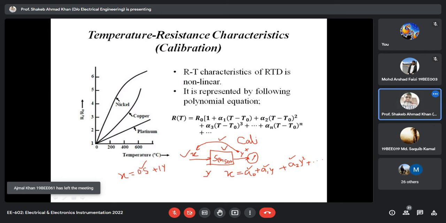सेंसर के ऊपर, स्टैंडर्ड इनपुट देते हैं, स्टैंडर्ड आउटपुट लेते हैं और उससे फिर हम इस इक्वेशन को सॉल्व करते हैं एंड देन वी फाइंड द a0, a1 and this process is called, means getting experimental data points and then calculating the coefficient value, it is called calibration. It is called calibration. अब आप कहेंगे कि हमने लैब में किया था तो हमने तो कुछ एरर निकाली थी,